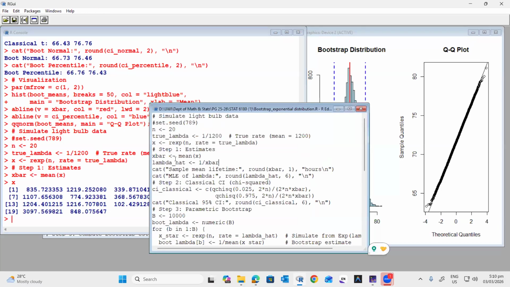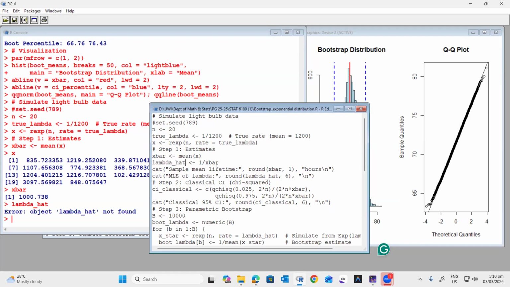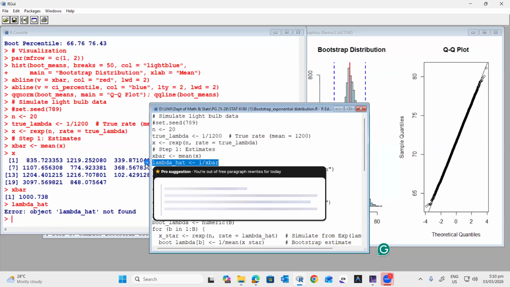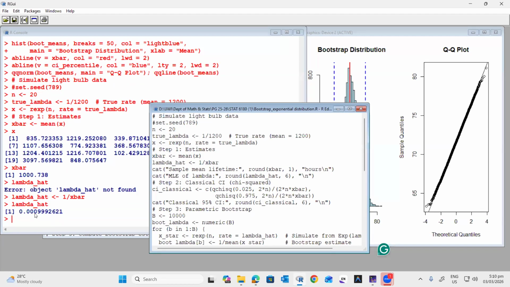The mean of this population is 1000, not exactly 1200, right? And lambda hat will be 0.009992621,